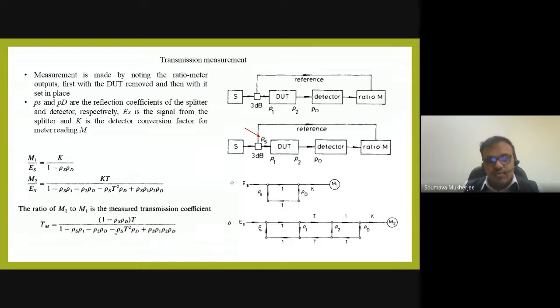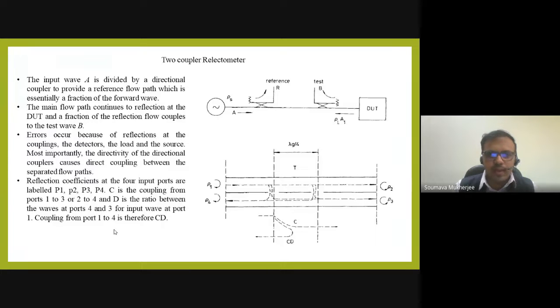So this is the very basics of any microwave circuit measurement, including the antenna measurement. That's why I just wanted to briefly introduce you to what is happening inside the measurement instrument. Okay, now